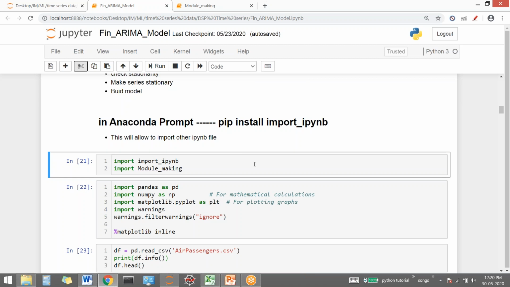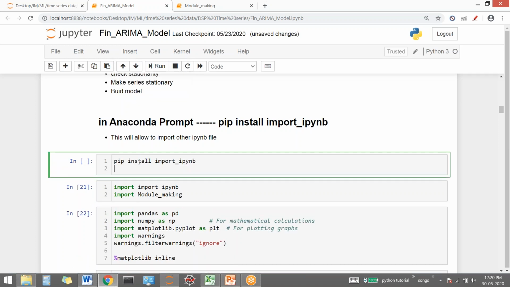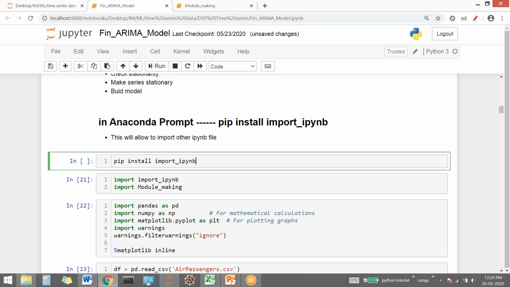Johnny. Okay. Yeah, many of the students said it worked for them, but in mine it did not. So maybe it's a version difference. Upgraded versions might allow this. Try it. If it works here, good to go. Otherwise, go to the Anaconda prompt and copy paste it. Try it here first. Many of the students have said that they tried installing in the notebook and they were able to install it.